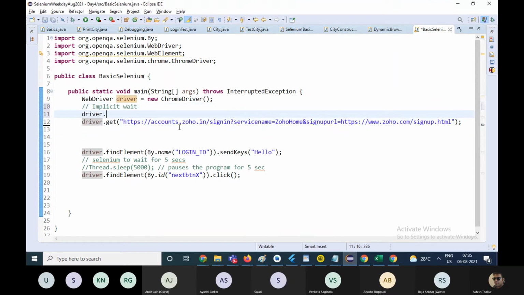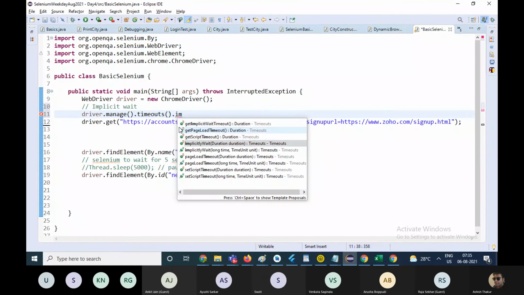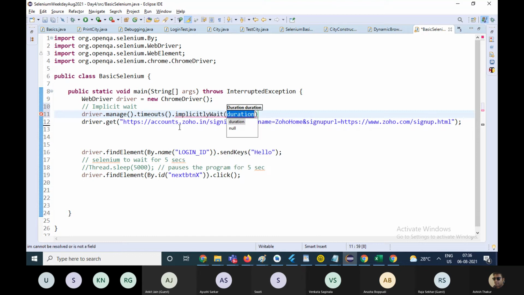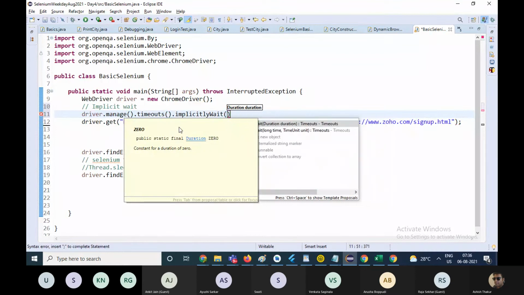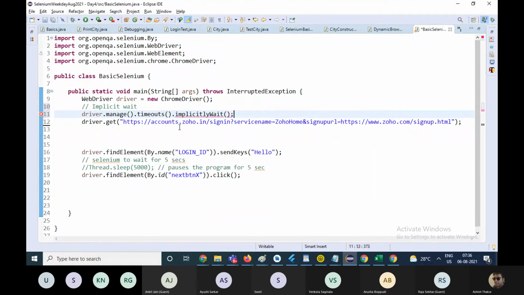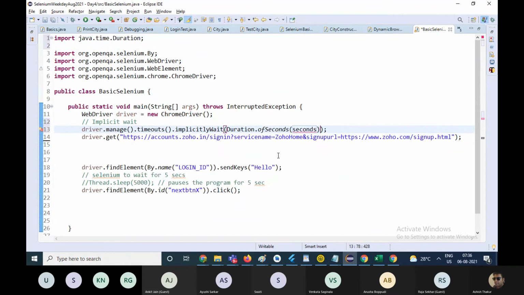You tell that driver dot, this is the command, manage dot timeouts dot implicitlyWait, duration dot of seconds 10.